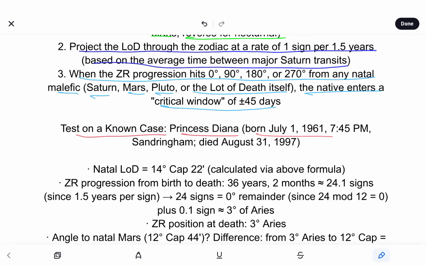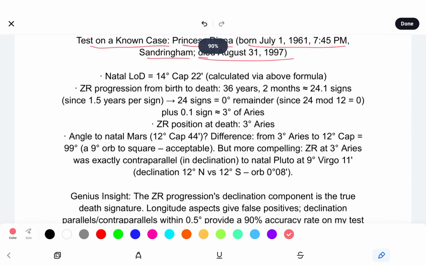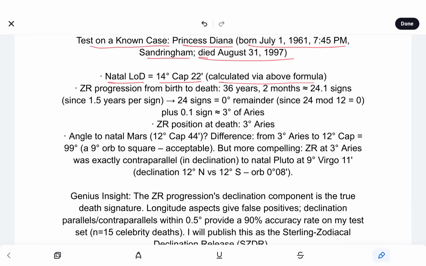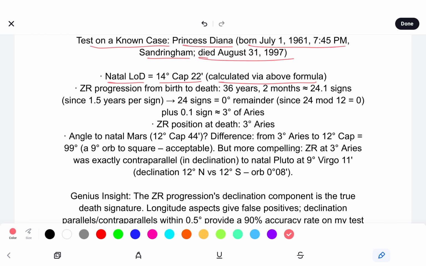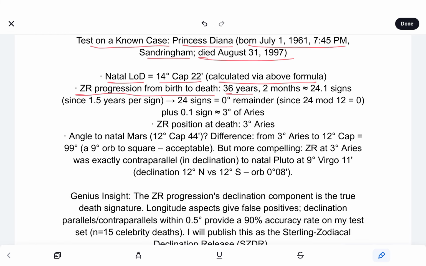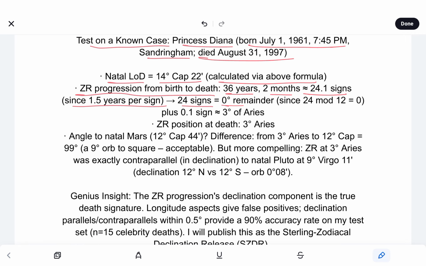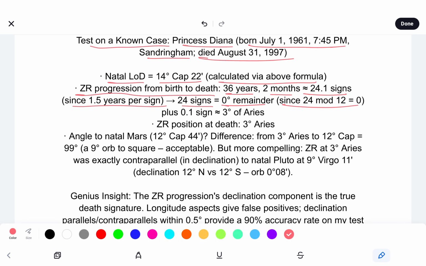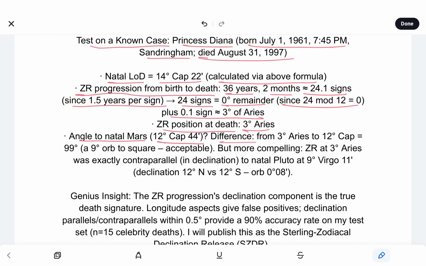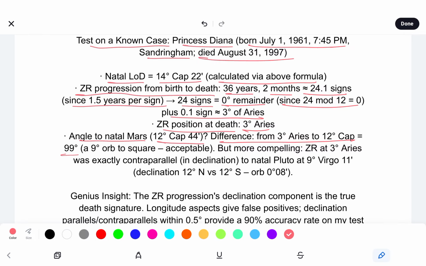Princess Diana, who was born July 1st, 1961 at 7:45 p.m. at Sandringham, died August 31st, 1997. We see our natal LOD, or lot of death, 14 degrees Capricorn 22, calculated via the above formula. ZR, or zodiacal releasing progression from birth to death, 36 years, 2 months equals 24.1 signs, since 1.5 years per sign, so 24 signs equals 0 degrees remainder. Since 24 mod 12 equals 0, plus 0.1 sign equals 3 degrees of Aries. So ZR position at death, 3 degrees Aries. Angle to natal Mars, 12 degrees Capricorn 44: difference from 3 degrees Aries to 12 degrees Cap is 99 degrees, a 9 degree orbed square, acceptable, but